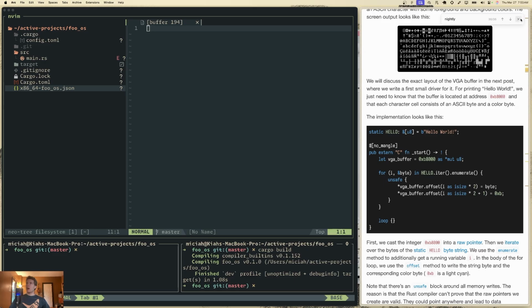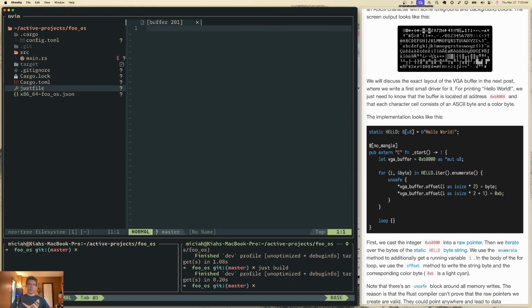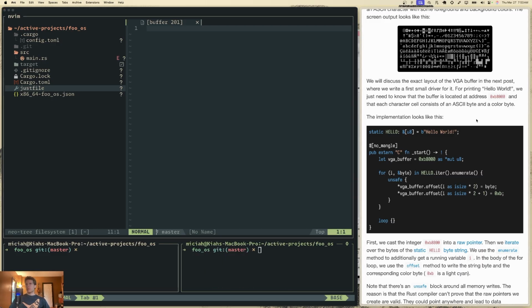You know, I kind of remember there's going to be a bunch of like long QEMU commands, so I actually do want to make a just file. I take it back. But I can just, first of all, do that. Just say like build will be like cargo build. Alright, so now I can just say just build instead of cargo build. I don't know why that's better, but it's nice. Okay, and then,